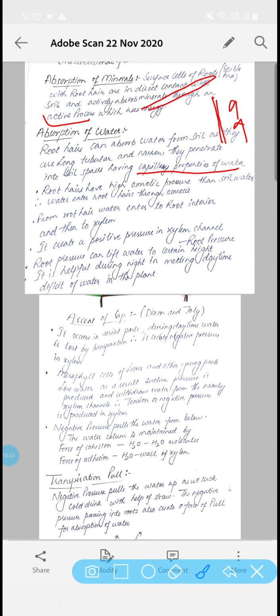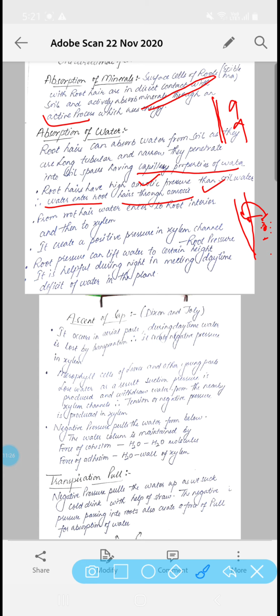Osmosis is again a special kind of diffusion where instead of all molecules we will just focus on the water or any solvent. When water or any kind of solvent moves from higher concentration to lower concentration across the semi-permeable membrane, that process is called osmosis. So here the surface of the root hair will act as a semi-permeable membrane and water enters the root. As there is a high concentration of water in the soil, there is soil water, so from high to low concentration